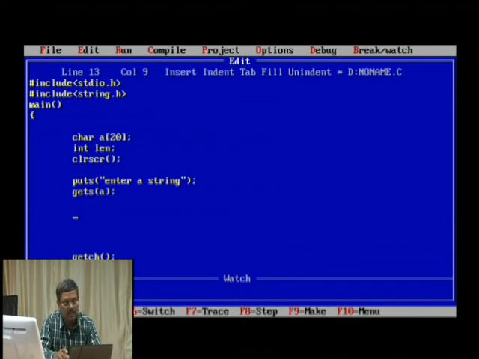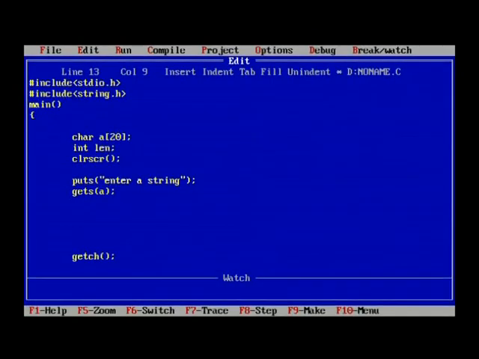Once it does, it is stored. So when you execute and enter a string, it is going to be stored in a. Now I want to get the length of the character array a. So how to get it? I just want to make use of strlen. How to remember that? The three characters str are always the prefix for any library function related to string. And you should also see that string.h is always included as a preprocessor directive, because the prototype of this particular library function will be there in string.h. Otherwise it may not work.